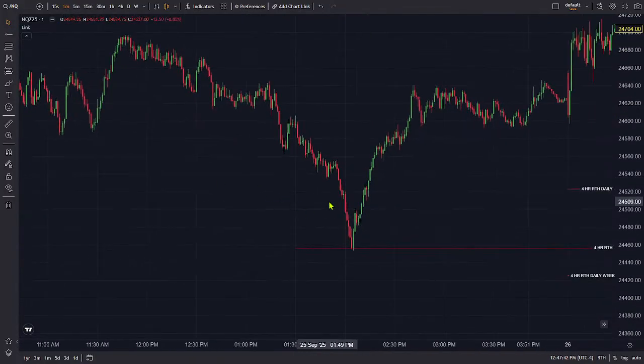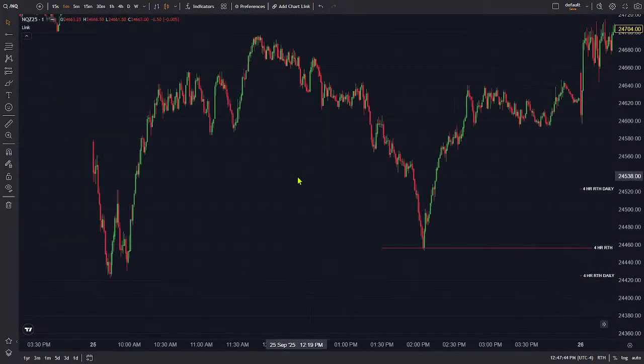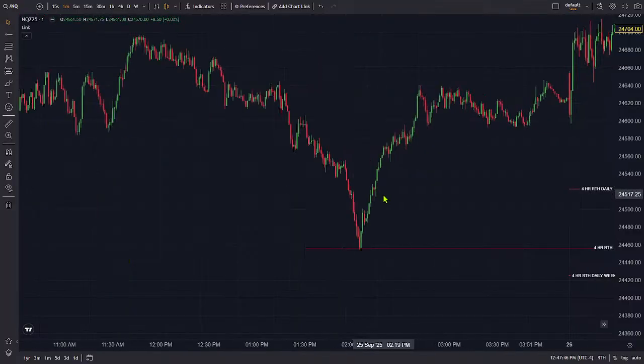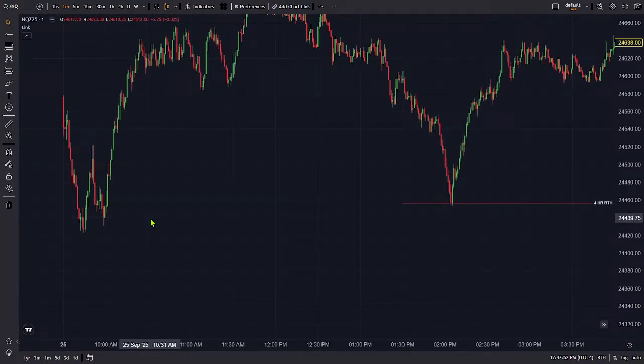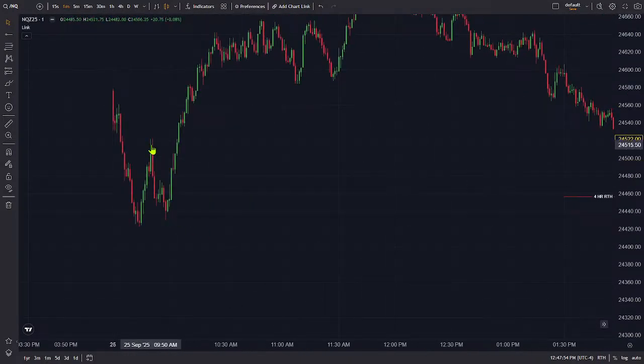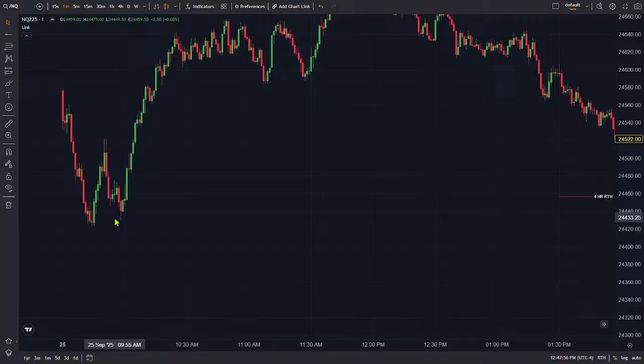This one isn't a bad one, but it's just difficult to get in. You'd have to get in right at the breaker. You run the risk of it making a lower low or a higher low. This one's not terrible, but we do have the higher low situation. Breaker would be here. If you didn't get in right away, it was adios. You could try to get in there on that little stutter. But